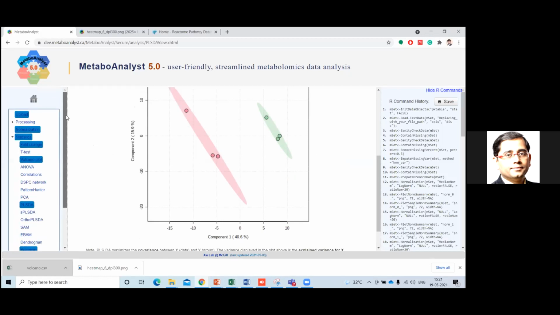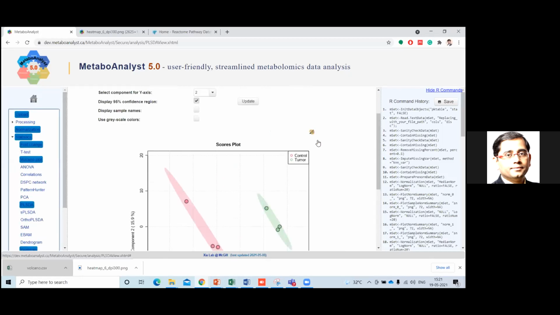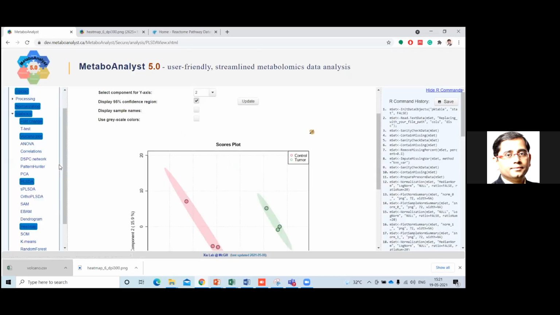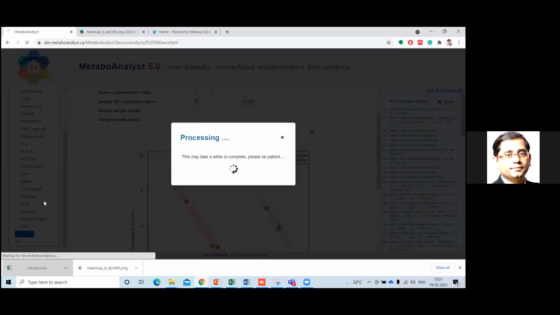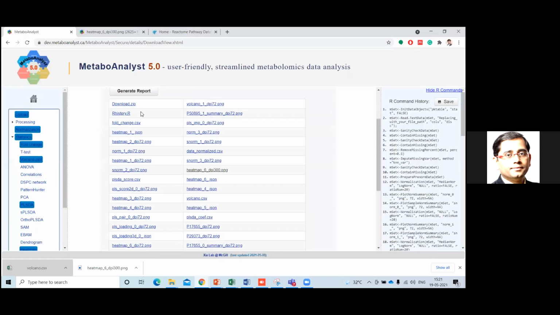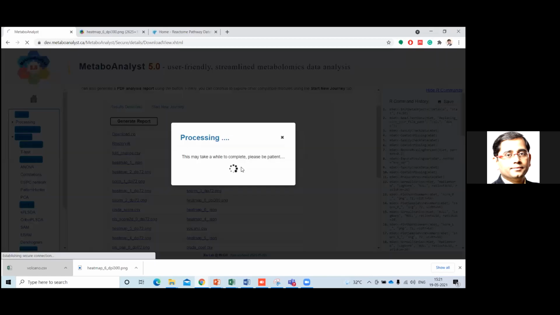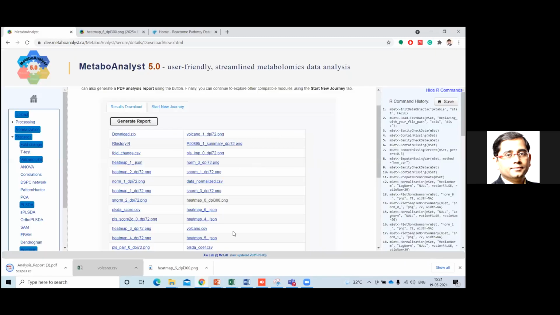All this data, whatever I showed, you can download with high resolution. And if you come to the downloads on the left hand side, you can see there is a generate report option, right? Once you click on generate report, whatever you have done till now in MetaboAnalyst, you can get all these things in a report version,